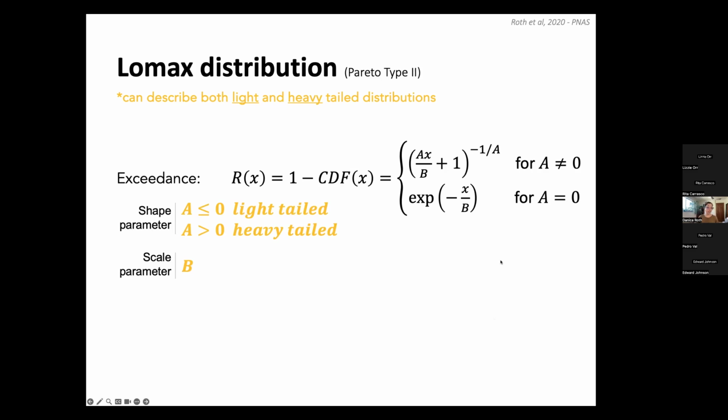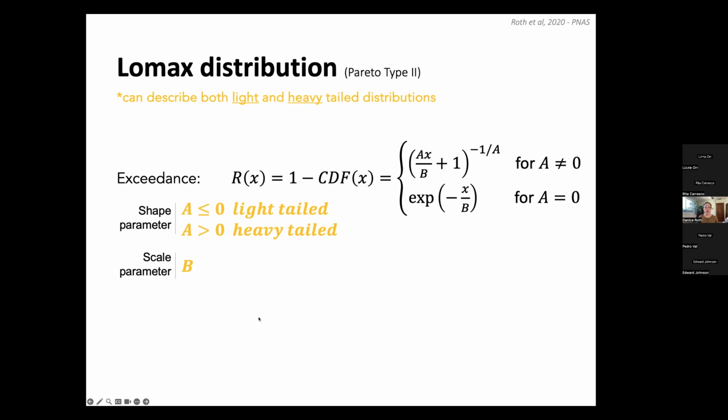Then we transition into heavy tail distributions for positive a values. So that a value gives us an easy way of distinguishing whether any fluxes we're looking at are going to be heavy-tailed or light-tailed, or non-local versus local. And then b is a scale parameter, which describes how far particles go overall,